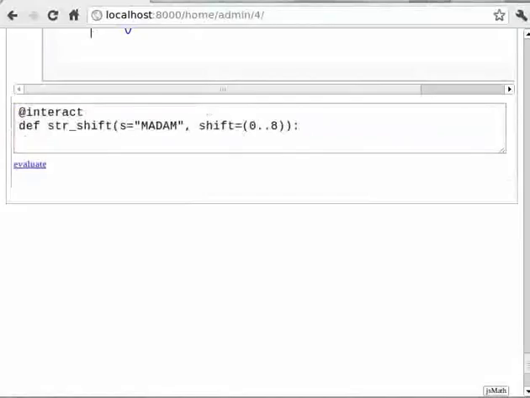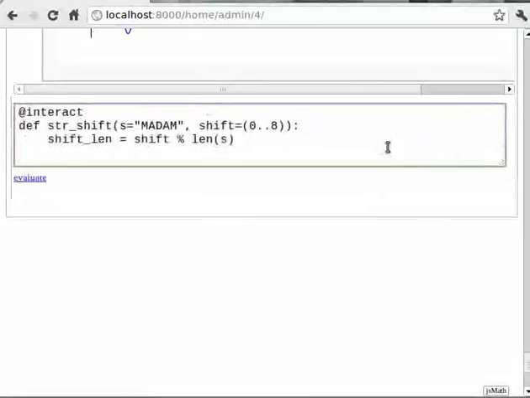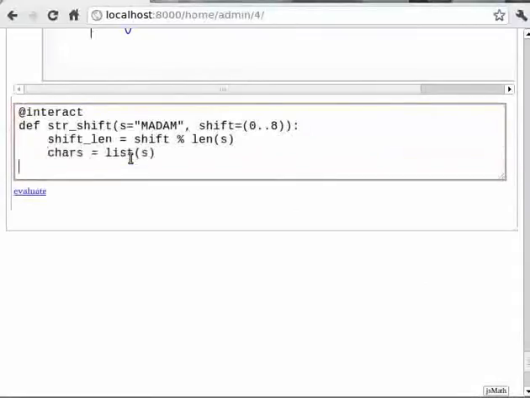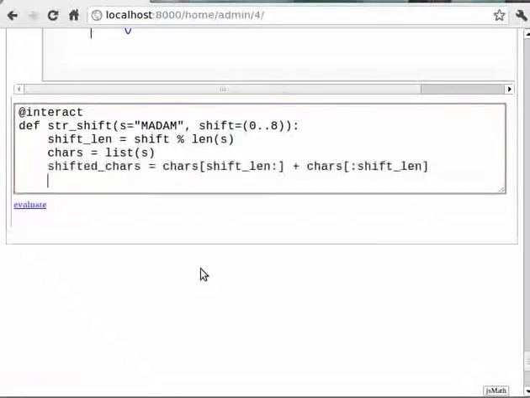Then you can type shift_len = shift % len(s), then chars = list(s), then shifted_chars = chars[shift_len:] + chars[:shift_len]. Then print "actual string:", s,